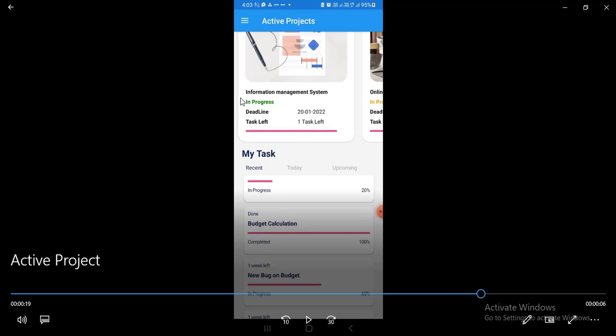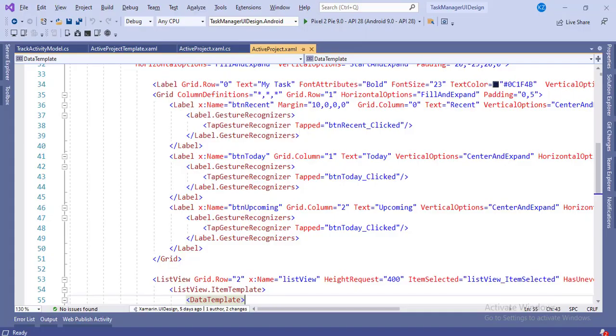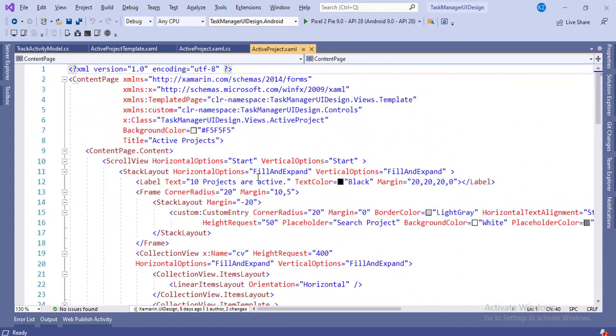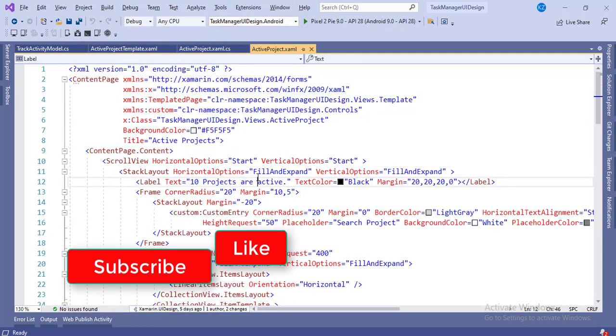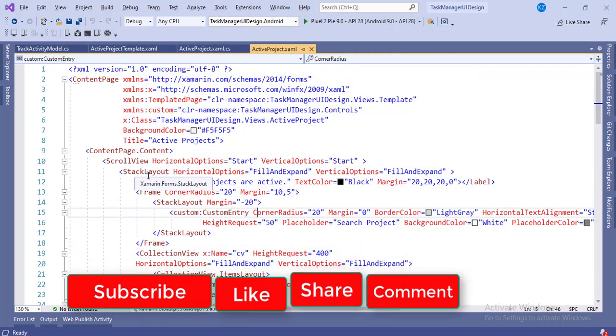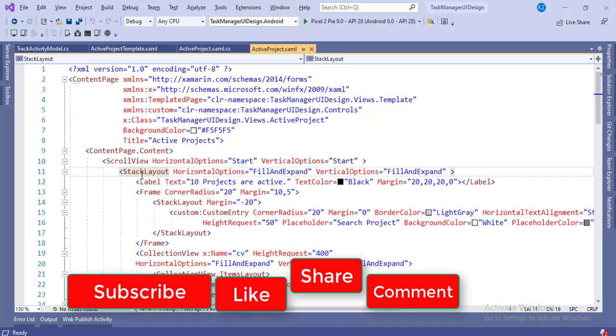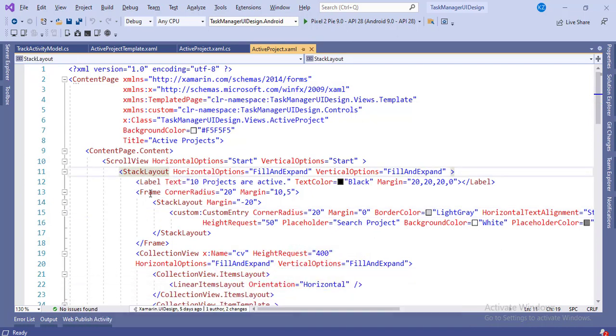Okay, in this page, this is the template. These are buttons. This is a label, and this again is a frame view, which has labels, and this is a progress bar. So let's see the coding so you can understand well how it is designed. In the scroll view, I have taken a stack layout. Under the stack layout, I have added a label and